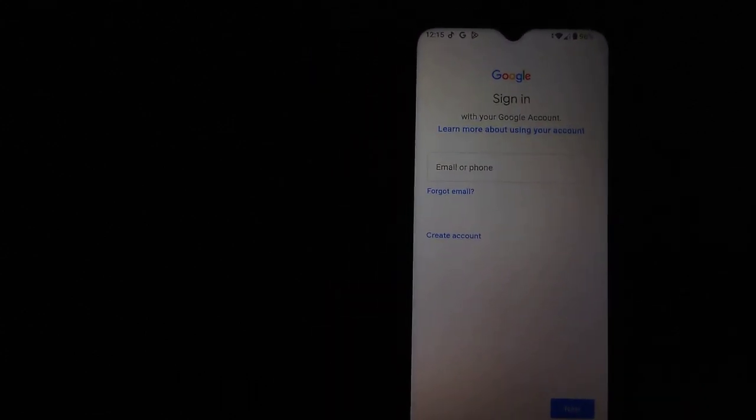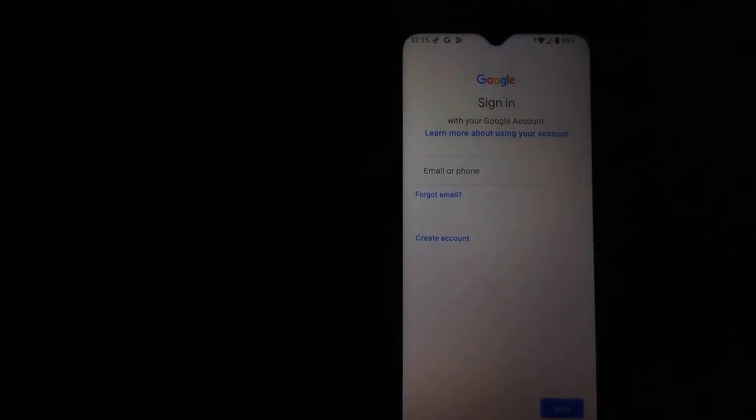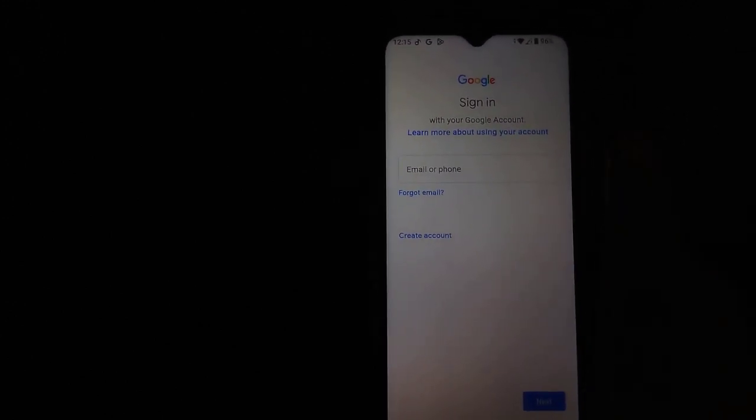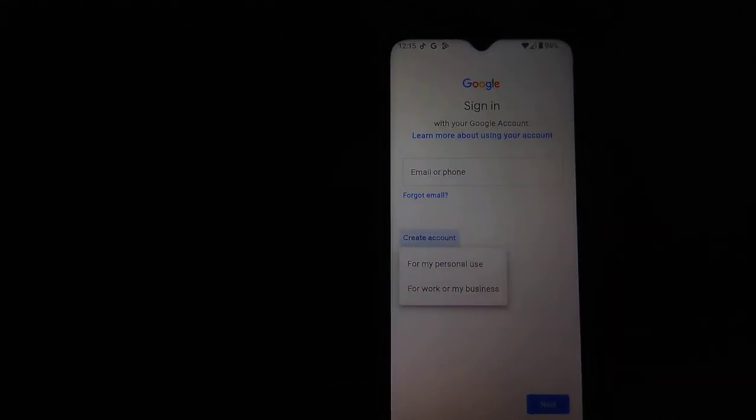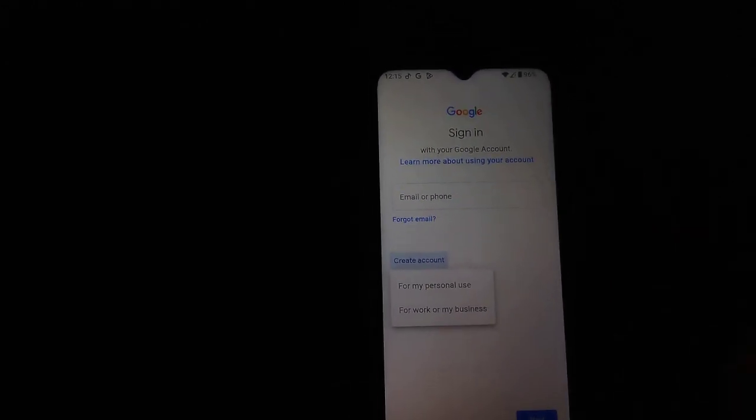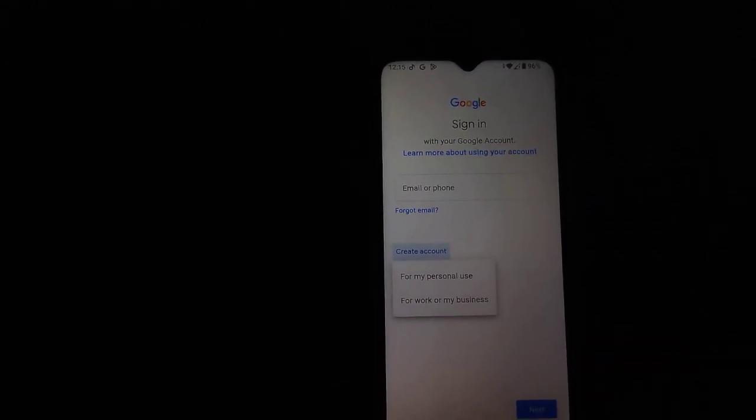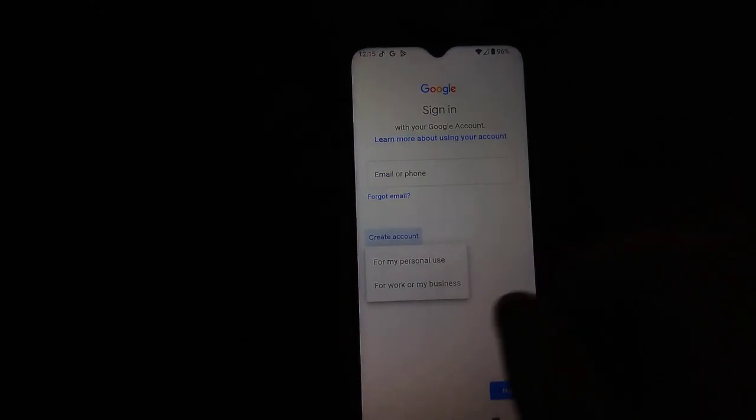So we can create a new channel. So create account. Tap on create account. There are two options: for my personal use, or for work or my business. So we can choose business account. Tap on business